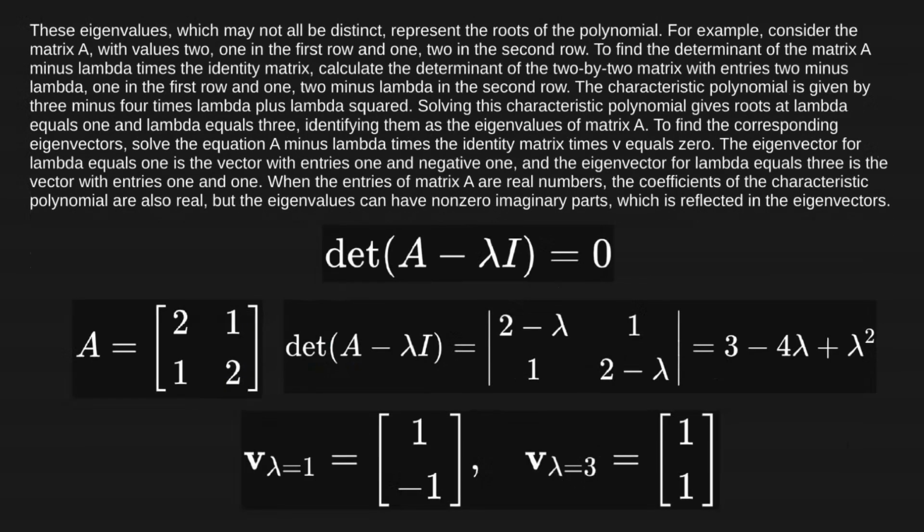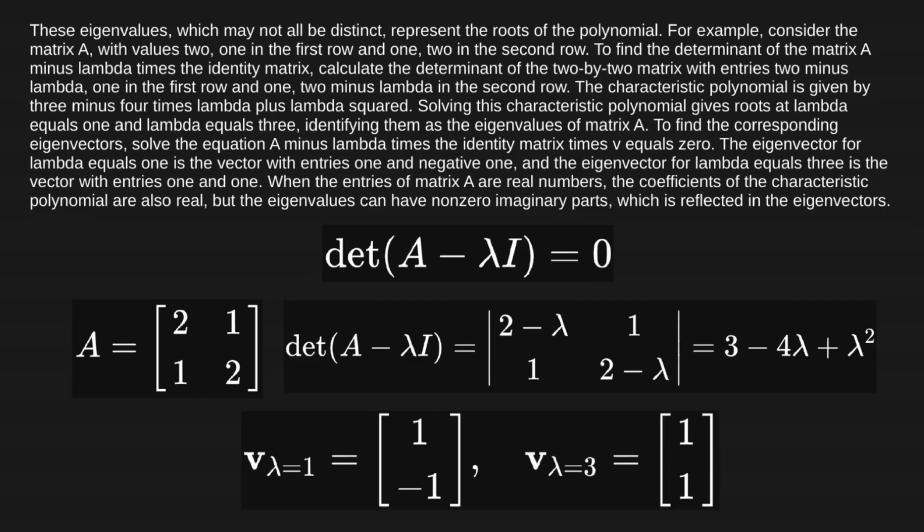These eigenvalues, which may not all be distinct, represent the roots of the polynomial. For example, consider the matrix A with values 2, 1 in the first row, and 1, 2 in the second row. To find the determinant of the matrix A minus lambda times the identity matrix, calculate the determinant of the 2 by 2 matrix with entries 2 minus lambda, 1 in the first row, and 1, 2 minus lambda in the second row. The characteristic polynomial is given by 3 minus 4 times lambda plus lambda squared. Solving this characteristic polynomial gives roots at lambda equals 1 and lambda equals 3, identifying them as the eigenvalues of